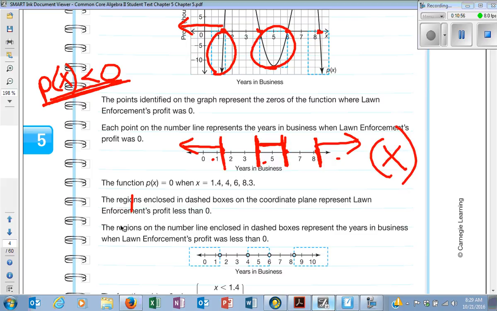That is only my x values. Are you with me? I'm only talking about the x values. What do I already know for this piece that I'm talking about? My y is going to be less than 0. So I can look up there and I'm going, okay, where does this happen? Are you with me? Now, from right here to right here,